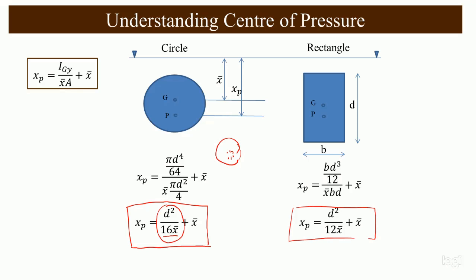And here, when we go deeper, the rate of change of this distance, the rate at which P comes near G, is more in the case of our circle than in the case of the rectangle. These two things we have to keep in mind. Okay, these are something extra which can help us in solving some of the problems, as well as give us some understanding of the physics. Okay, so now let us go further.